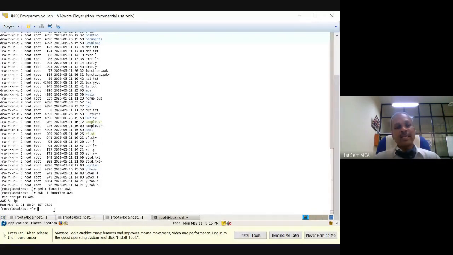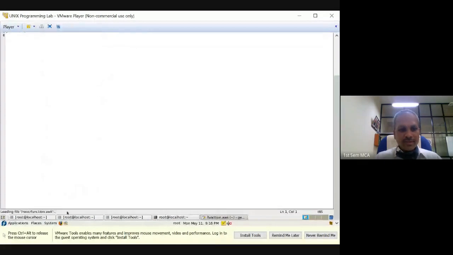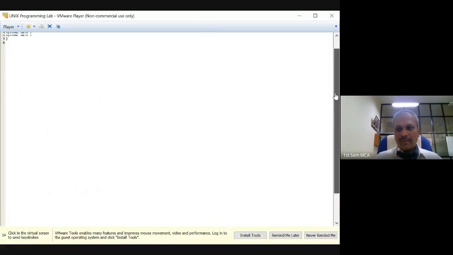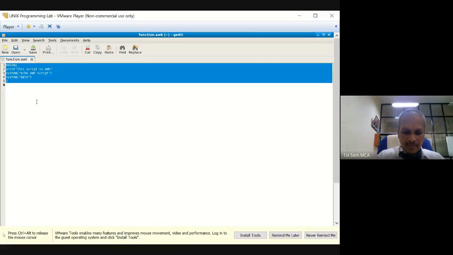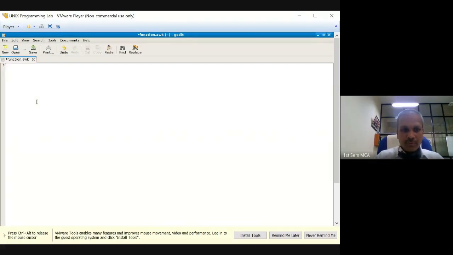This is how we can use the built-in functions of AWK so that we can get the benefits of AWK, whatever we have been getting like in any other programming language. So with this, probably we can conclude the awk part. But there is one concept probably which you can understand, which we have not used so far. I'll just show how to use that now. There is a concept called getline.